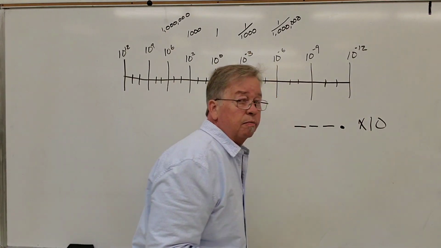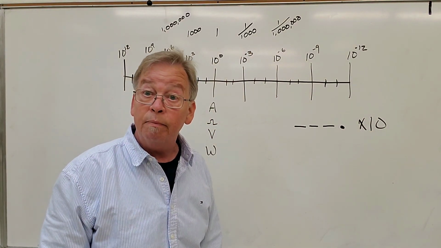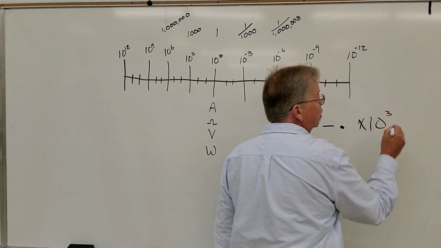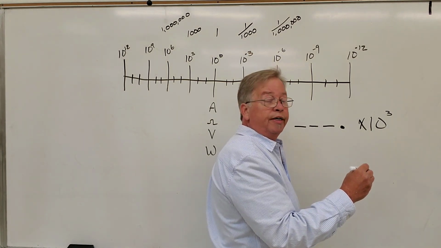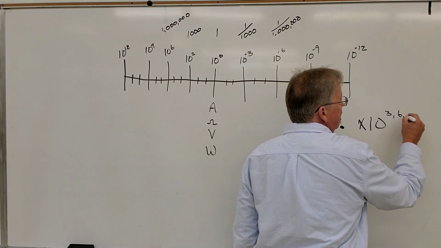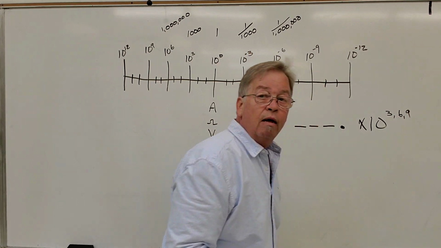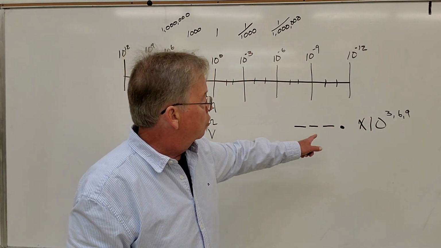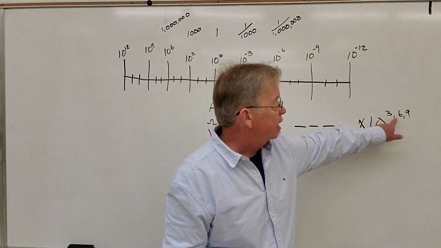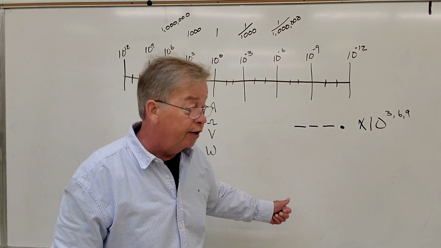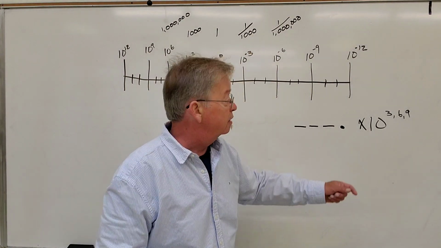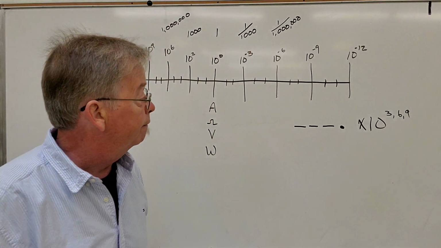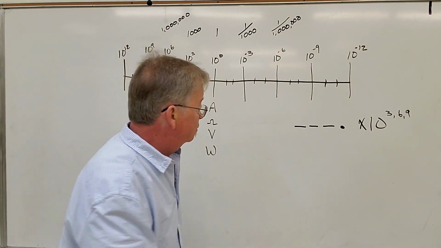And the thing about engineering notation is the exponent has to be divisible by 3. So that means I'll either be moving my decimal point 3 times, 6 times, 9 times, and so forth. Okay, so in scientific notation, I can only have 1 digit, and my exponent could be anything. But in engineering notation, I can have up to 3 digits, but my exponent has to be divisible by 3. So that same 12,000 that I had,